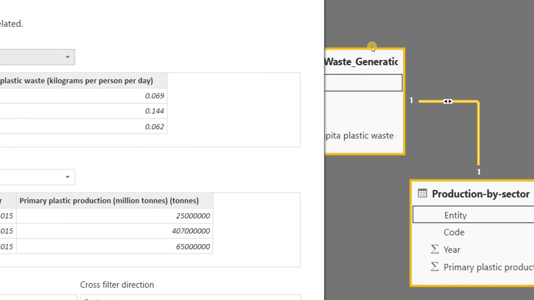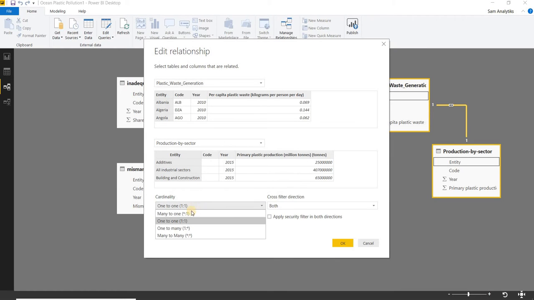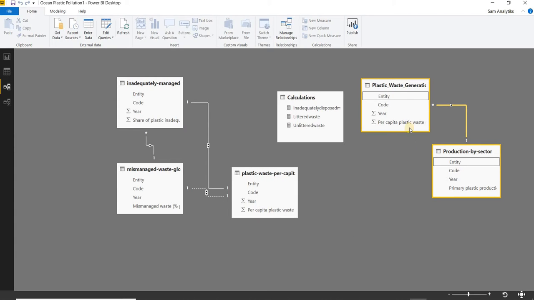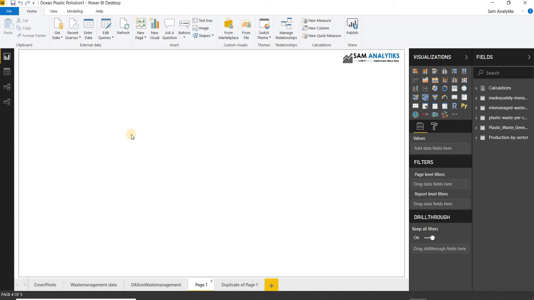So in this way, we will have to take the relationships from many to one, and I will take single-sided filter. So once I do it, it actually comes from many to one. Now if I come up in here and start creating the visuals, I have this particular part, and in here I can see that I have the two data sets newly available in here.